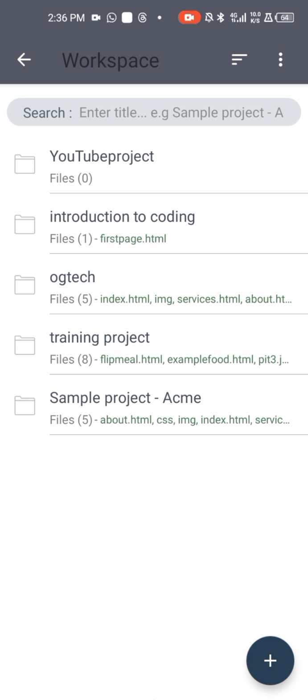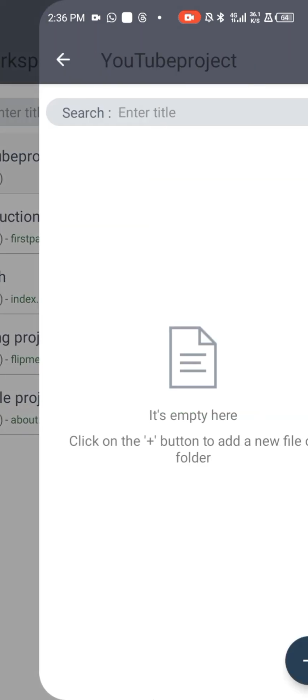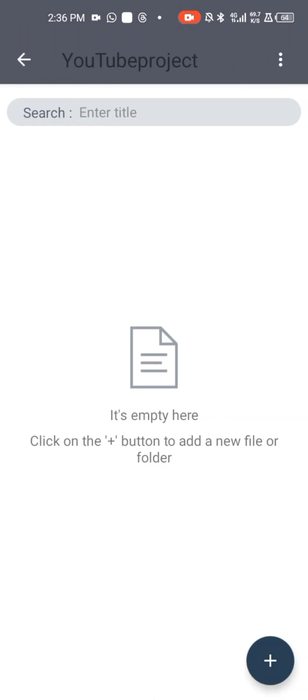You click on the folder which you are working with. Then I'm inside the folder. If you look at the title, it says YouTube project. I just created the folder, so I'm inside the folder now. So what do I need to do next? I just need to create a file under the project. So how do I do that? You look at the bottom